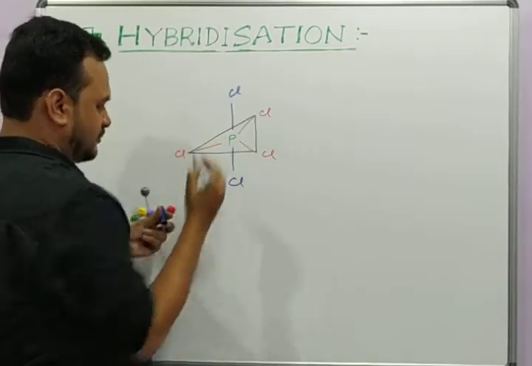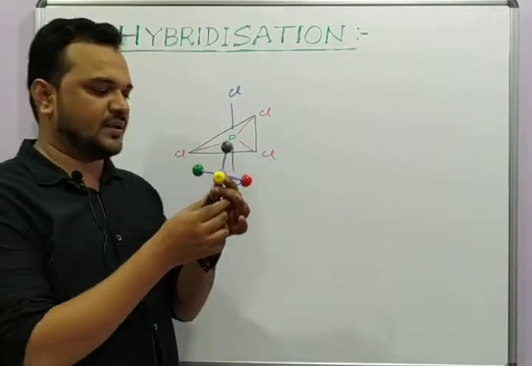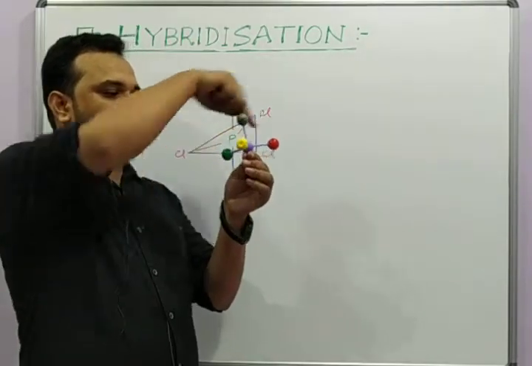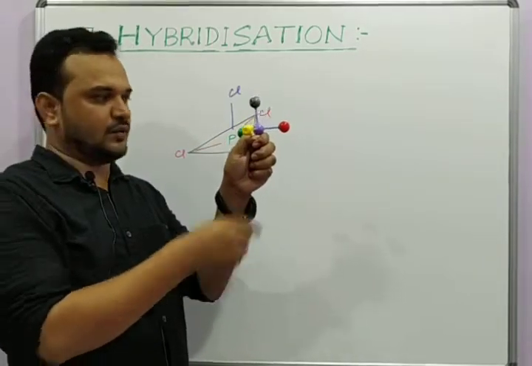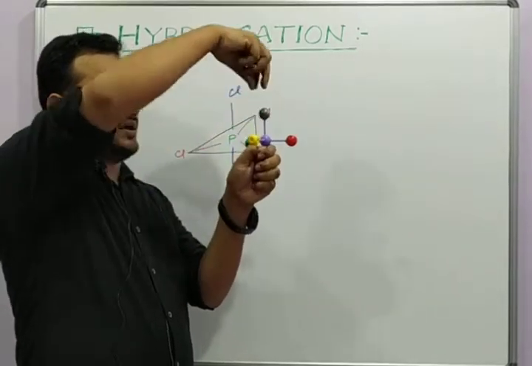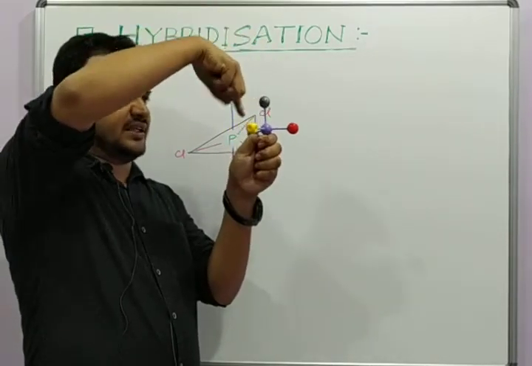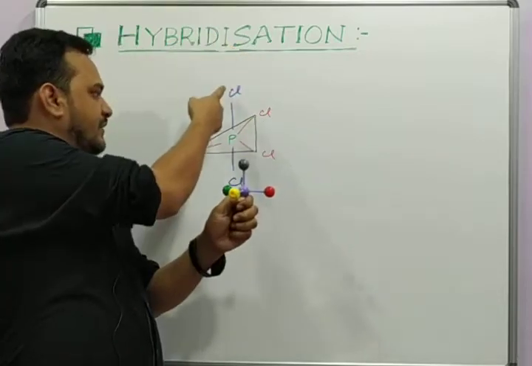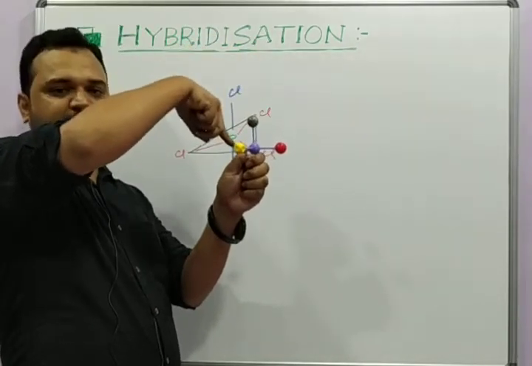So this is your trigonal bipyramidal. Now why is this geometry called trigonal bipyramidal? This is your trigonal plane. Now if you take off this black one, if you take only this one, so this is the trigonal plane, and there is one more atom. So if you add these lines, it will be a pyramid. If you add these 3 lines like this, it will be a pyramid.